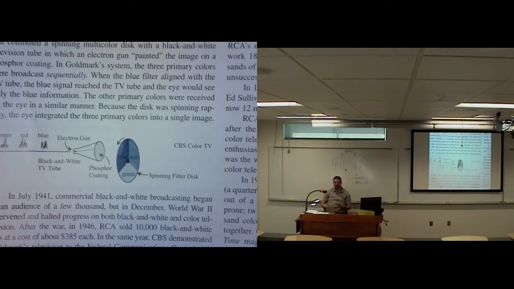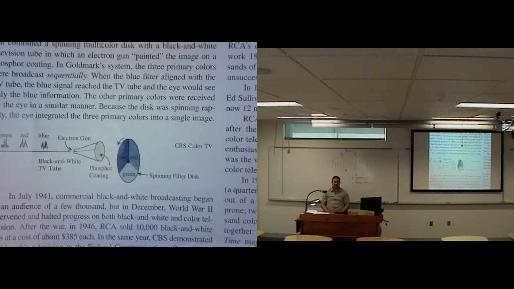There are different frequencies. And the different frequencies will actually kind of activate different optical illusions. When you put this spinning colored disc in front of the tube, the light will go through the spinning colored disc, and these different frequencies will activate different colors in the spinning colored disc. And so a part of the screen that has a gray color that's supposed to be yellow would activate the green part of the screen more than anything else, and it would appear to be yellow. But all of the colors would activate kind of mixtures of these things. And it's kind of an optical illusion, really, in the end, but it does create color television.